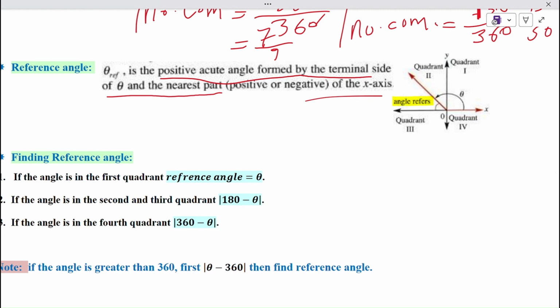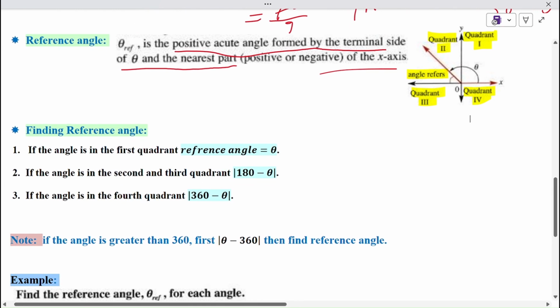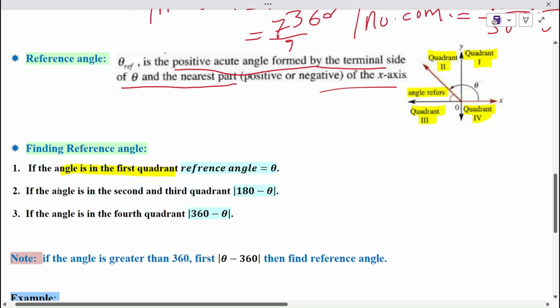We have four quadrants. The first quadrant is here, the second quadrant is here, this is the third quadrant, and this is the fourth quadrant. Guys, the reference angle is a positive acute angle. So how can we find this angle? Be careful, this angle is always positive. How can we find it? At first, if the angle is in the first quadrant,